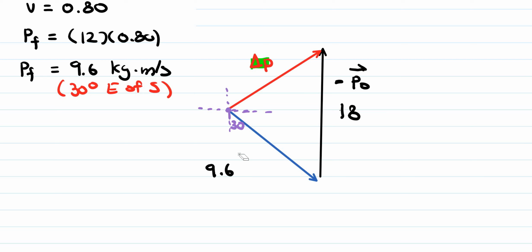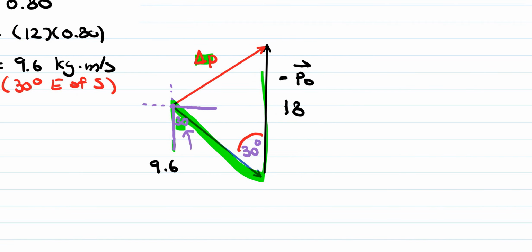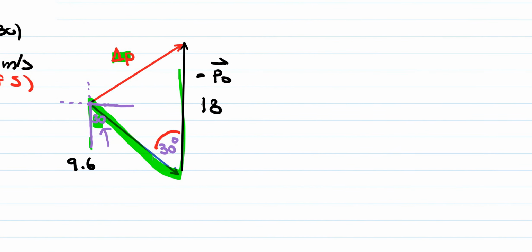Let me just erase this here. Now, if we know this is 30 degrees below there, if this is 30 degrees right here, then that means this is also going to be 30 degrees. Okay, so we have the alternate interior angles there. So 30 degrees is also in this bottom corner like that. Okay, so once we know that, then we can set up the cosine law here, because we're given 9.6 and